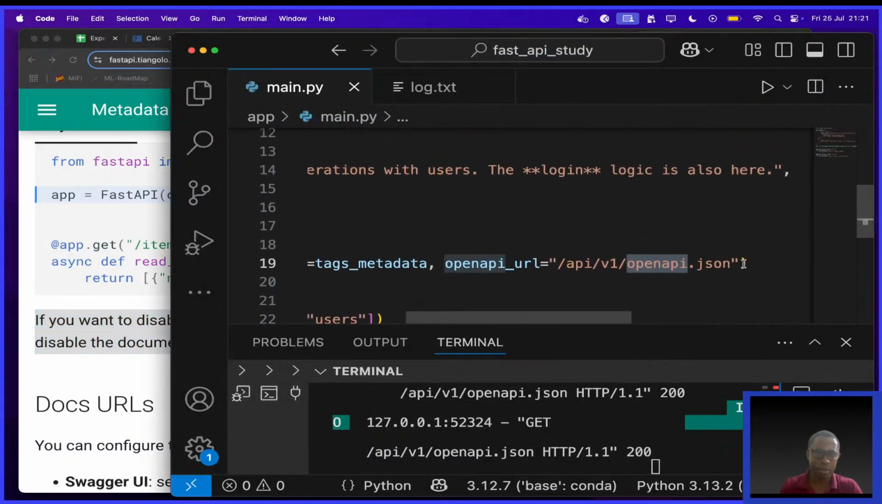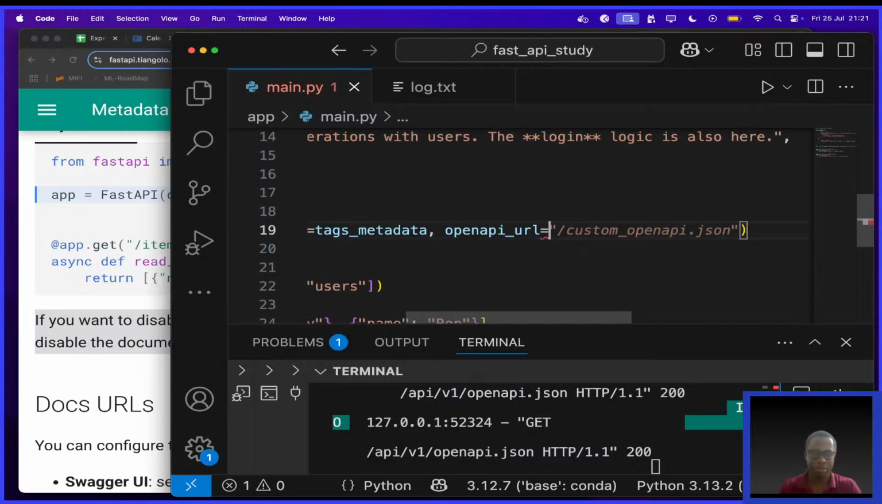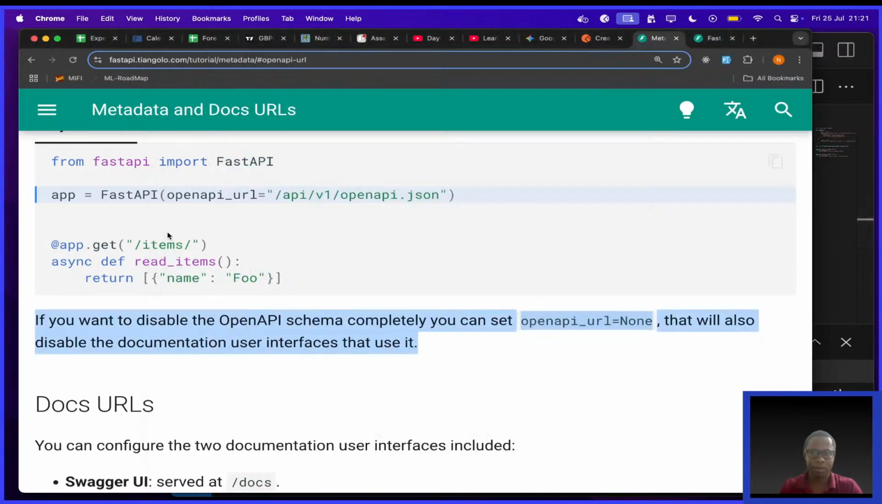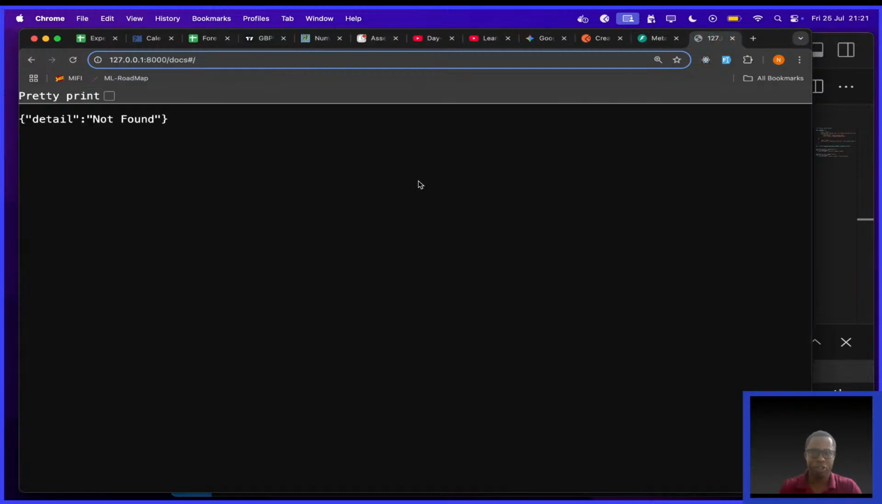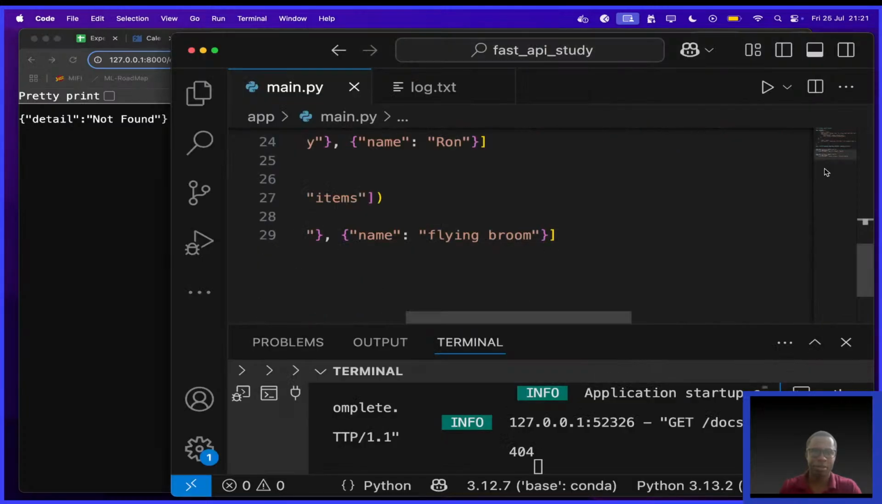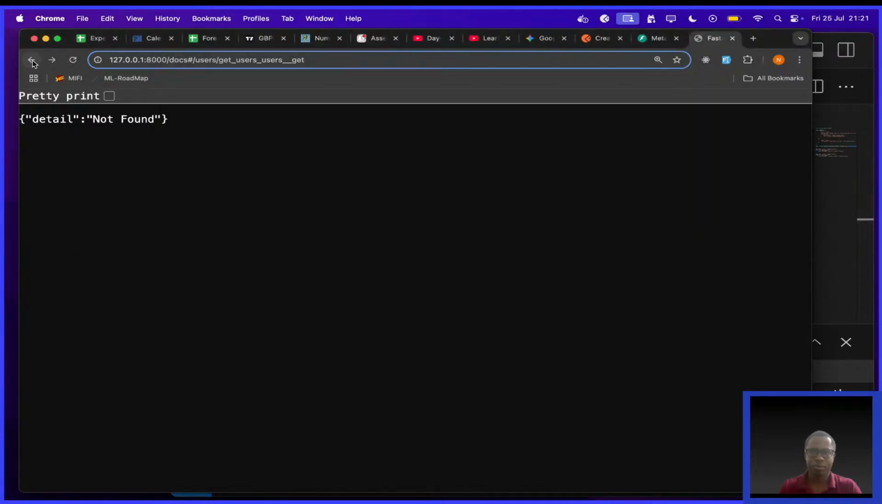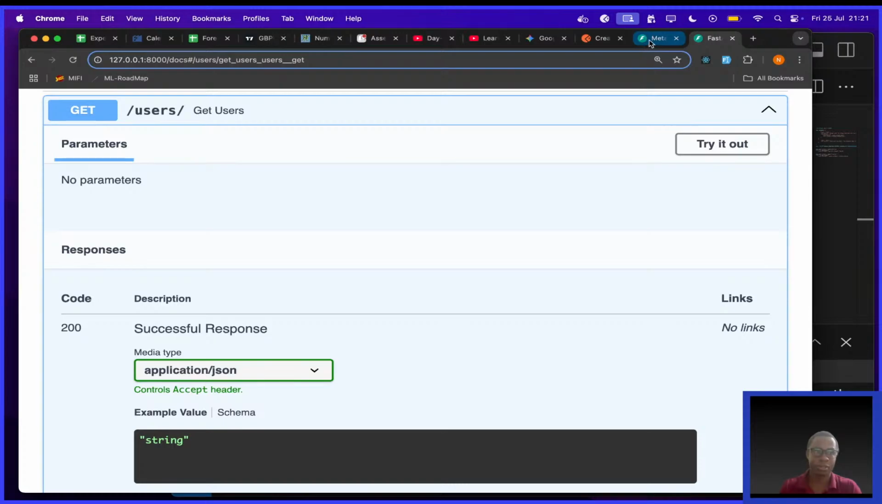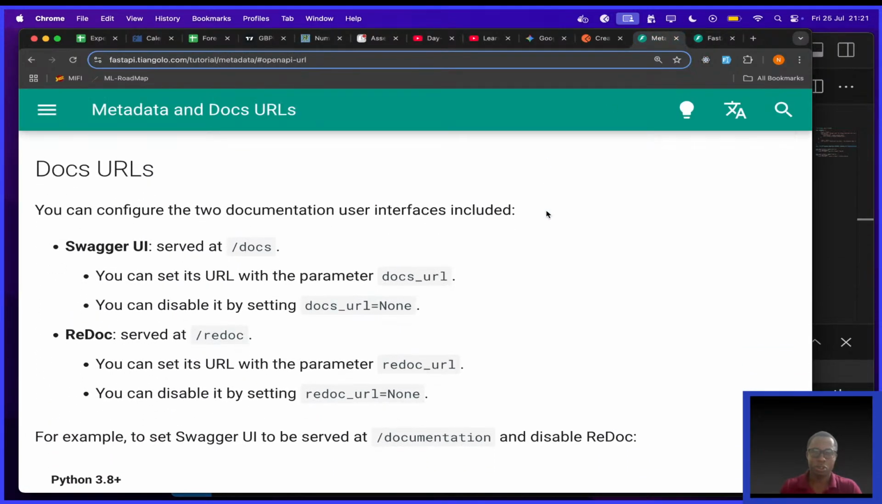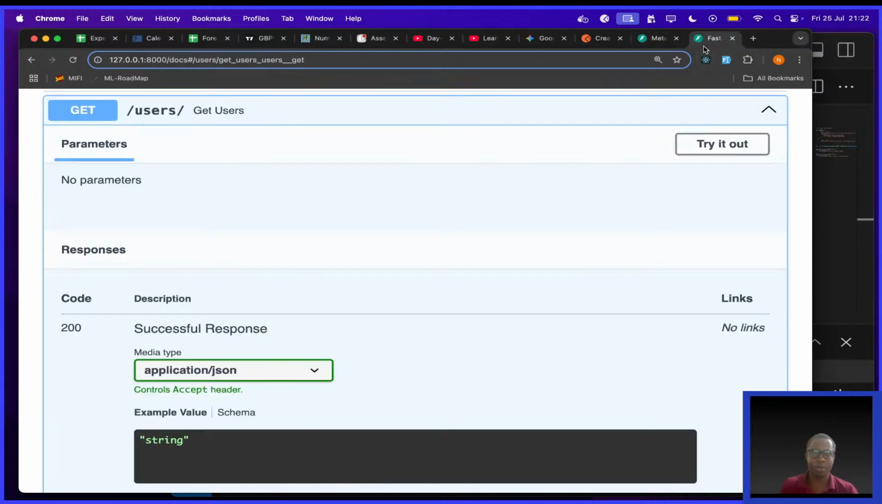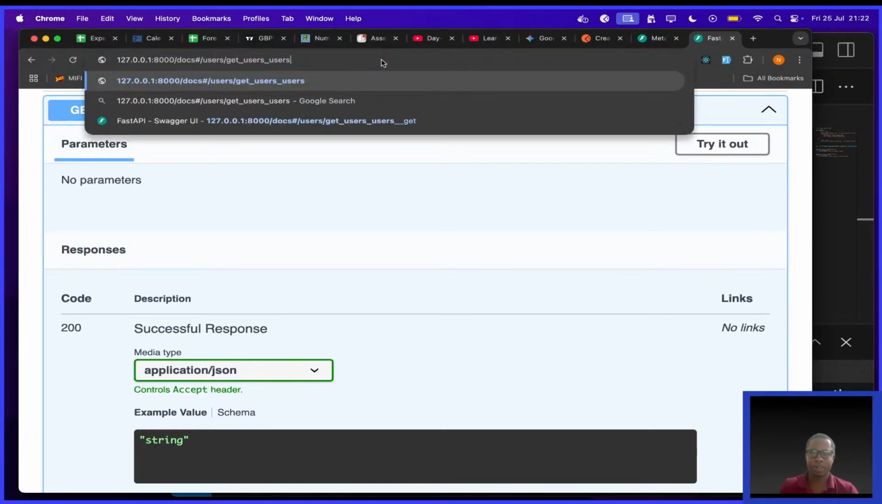I want to see what happens if I disable it. I make it None, save, then get back here, refresh. You see, everything has been disabled. If I undo, interesting. So it disables everything that uses it. Docs URL, you can configure the two documentation user interfaces included. The first one, they're saying, is Swagger UI served at /docs. This is what we've been using all this time. If I come here to docs,